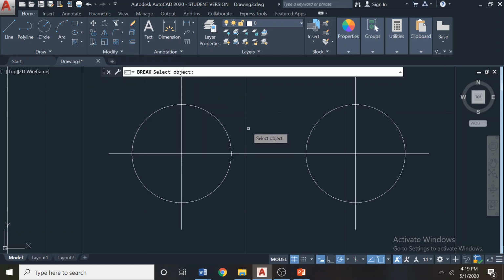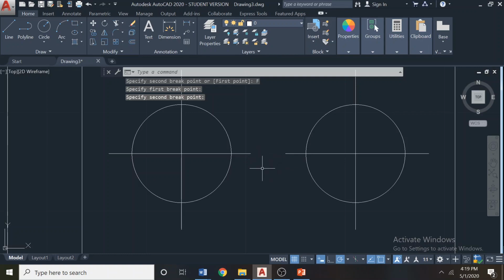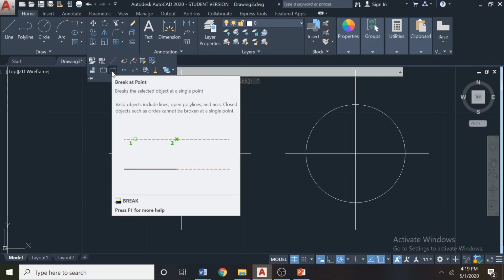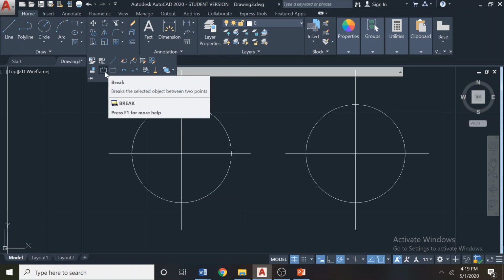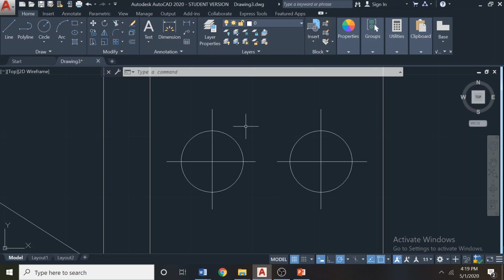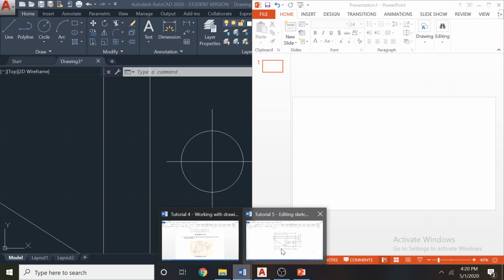So when you click the line, if you click somewhere here, it will be the first point. Now the first point is wrong here. So I have to change the first point by using this option here. First point is somewhere here, second point is here. So it will remove the middle part also. Earlier the break at point tool didn't do that, it just broke the line into pieces. But this one will break it from 2 points as well as it will delete the middle. So in this way you can get a drawing similar to this exercise.